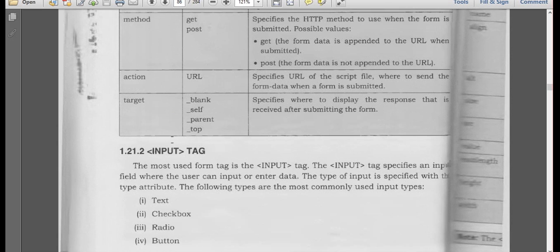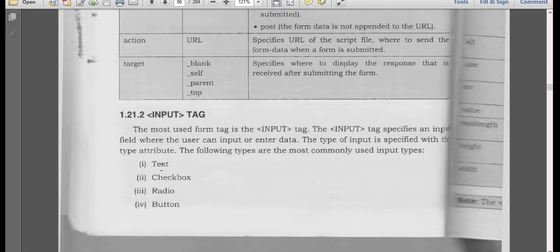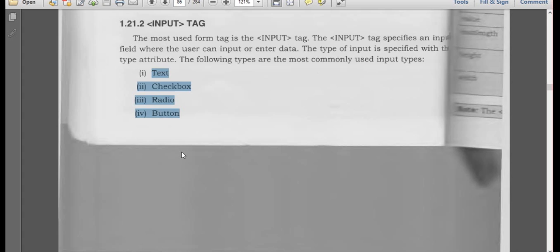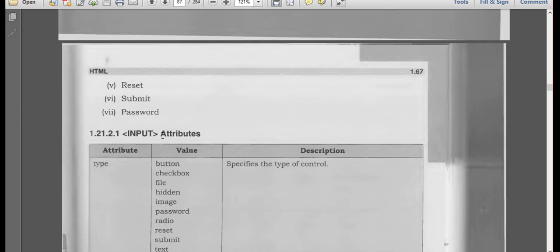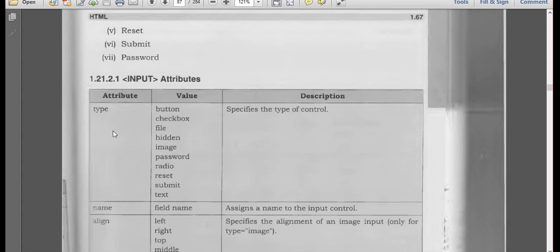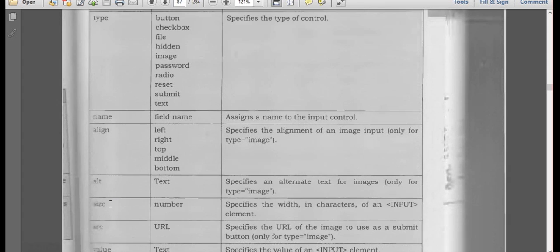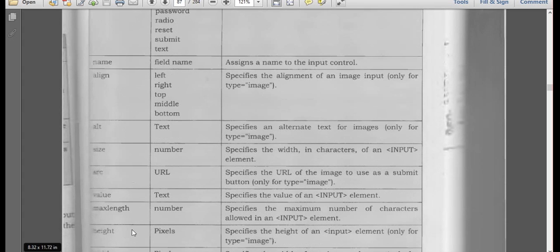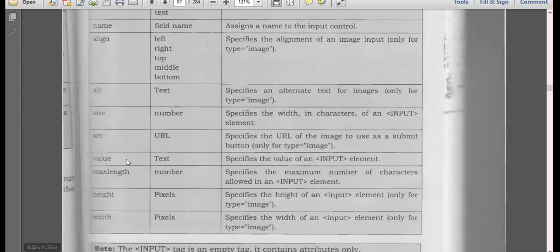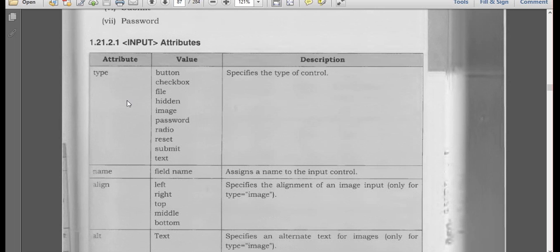form tags we have. So the input tag we have, it can be text or checkbox or radio or button, whichever type of input you are giving, that's going to be specified by this input tag, or it can be reset or submit or password. So input attributes are type, name, align, alt, size, source, value, and maximum length, width. So these are all the attributes of the input tag.